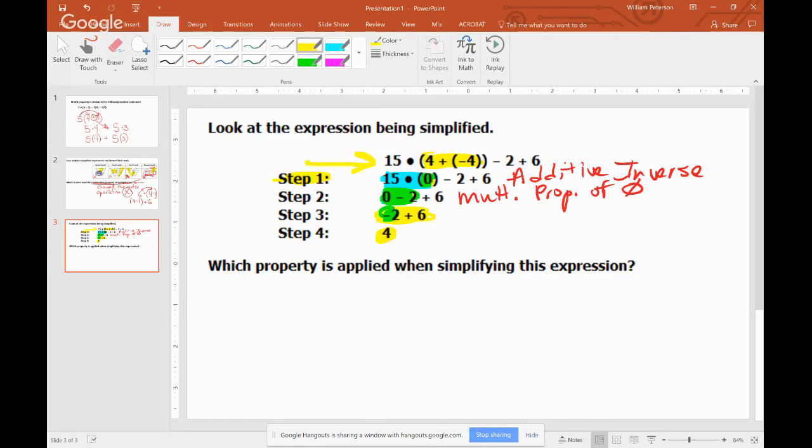And so you have some different properties going on here. The key is that to be super successful, you're either going to deal with addition, which is going to be the additive, or multiplication, which is going to tell you that you deal with the multiplicative. So you have to figure out if you have an identity property, multiplying by 0, or anything like an inverse. You're going to be super successful in dealing with properties.